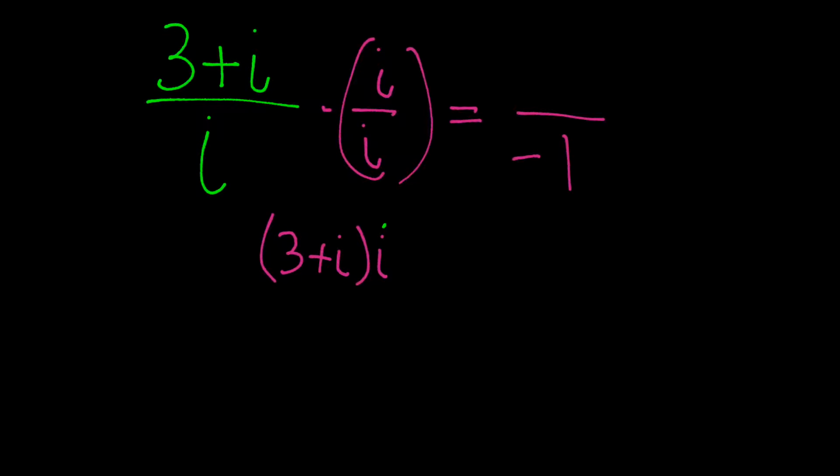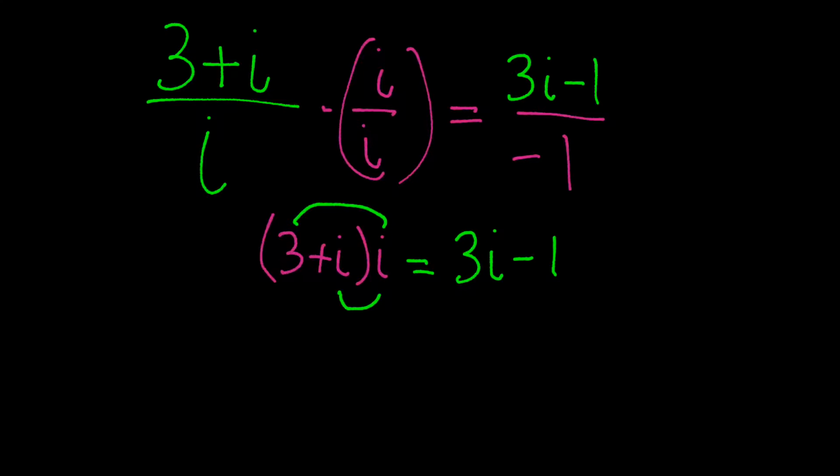Okay, so we're going to distribute the I to the 3 and the I to the I. That's going to give me, well, 3 times I is 3I. And I times I is -1, so I'm going to have 3I minus 1. So we put that on top,